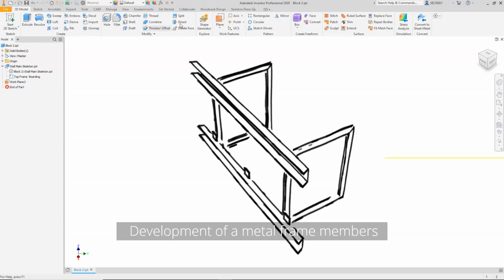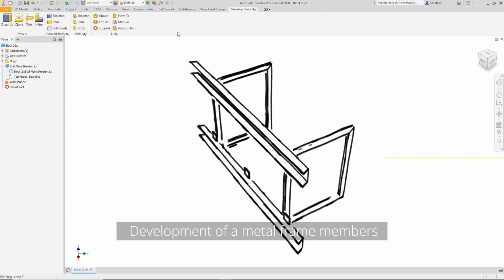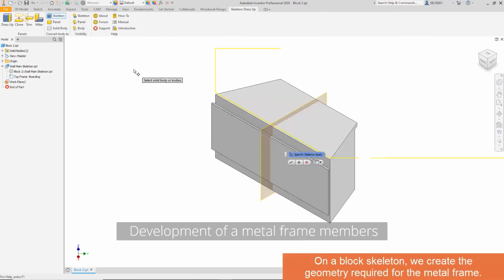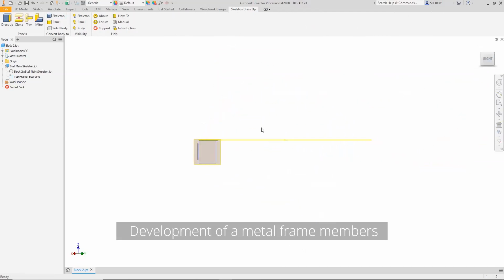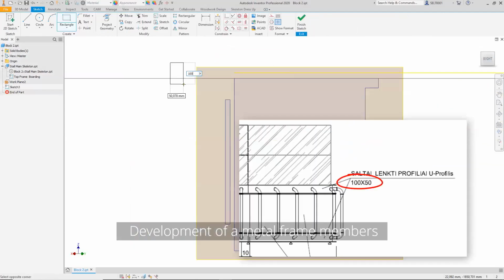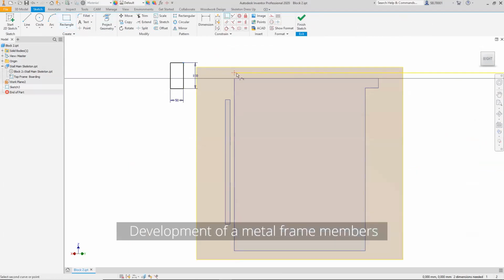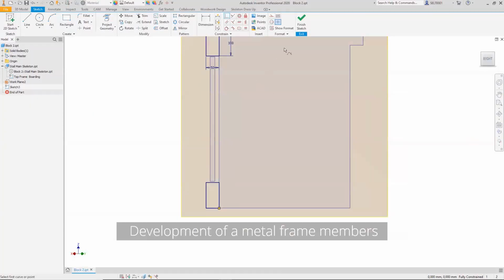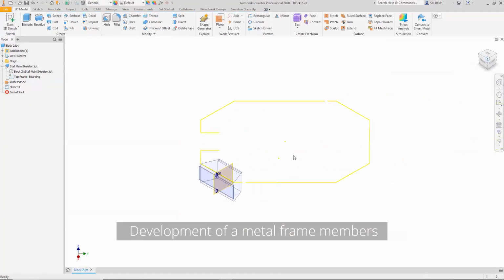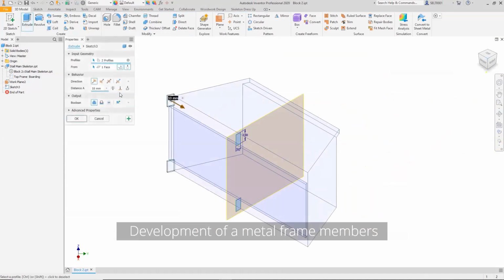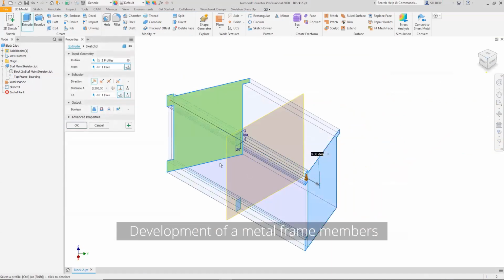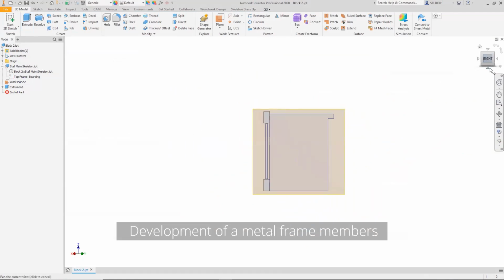Okay, now let's take a look at what we can do with the metal part of this furniture unit. Again, we can use a skeleton design workflow. In this case, I'll use the same volume, the same block as a reference, but in this case, I'm defining the space for a frame. So first of all, I'll just define where this frame would be. So we can say that I'll have two extrusions between left and right sides, and later on I will use this as a place for